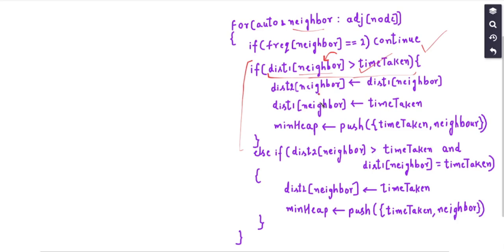So I update my distance 1 array, while the distance that I already have for this neighbor, I will store into the distance 2 array, because let's say I update the time from 6 to 3. So if 3 is the minimum time, then 6 will obviously become the second minimum time. That's why I'm updating this distance 2 array, and I push this node into the min heap along with its